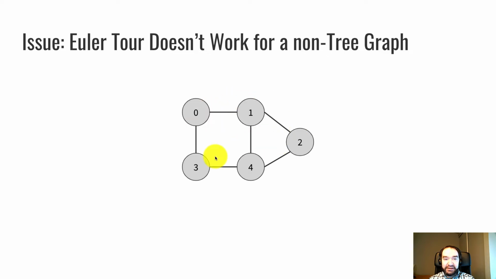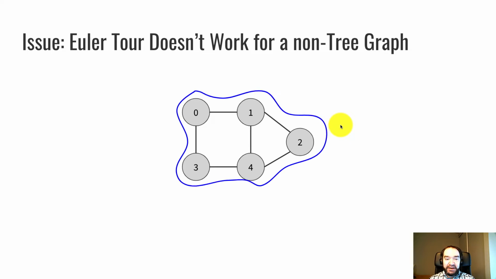This one has at least one cycle. It has a few cycles actually, and that's going to make the Euler tour not well defined. I could do my best to try to create that Euler tour and draw the shoreline around the graph, but the problem is that it doesn't cover every vertex on both sides. Remember, the way that pre-order, in-order, post-order are defined is from the Euler tour, and then you decide whether you visit a vertex on the left side, underneath, or the right side. But due to this cycle in the center, the blue shoreline is cut off from the interior of the graph, and we can never get at those other sides of these vertices. So it just doesn't work.